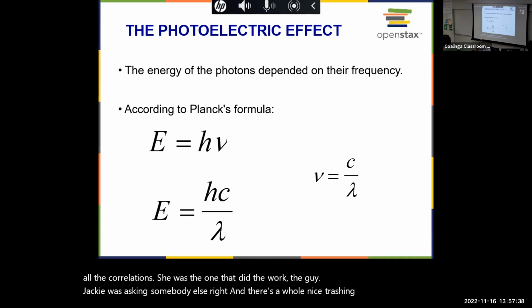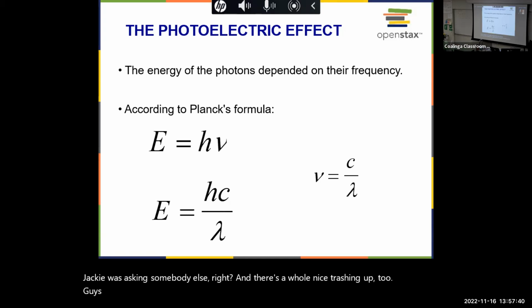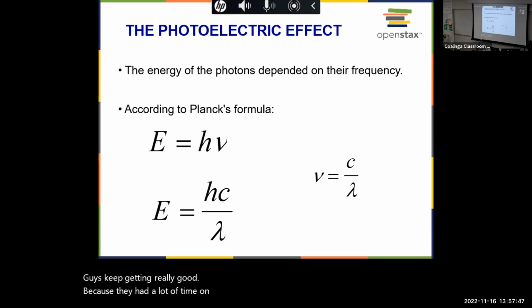So science, during that time period, especially, got a little traction. So things that were going on. They had a lot of time on their hands, right? So anyway,